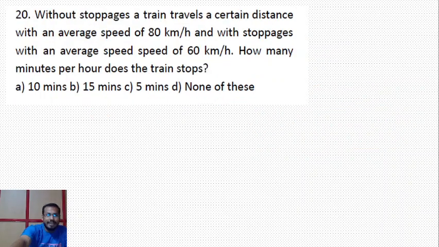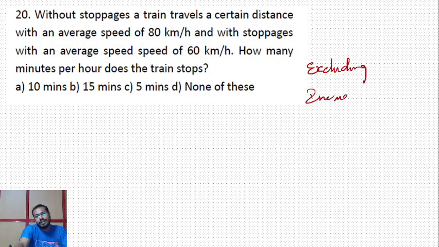Simple. And the final question, this question is based on stoppages. Stoppages means a particular object, it may be a train or bus, has two things. One is excluding stoppages, another one is including stoppages. If excluding stoppages, it has a different speed because it was not stopping anywhere. Including stoppages means it was stopped everywhere. So if you want to calculate the stoppage time,